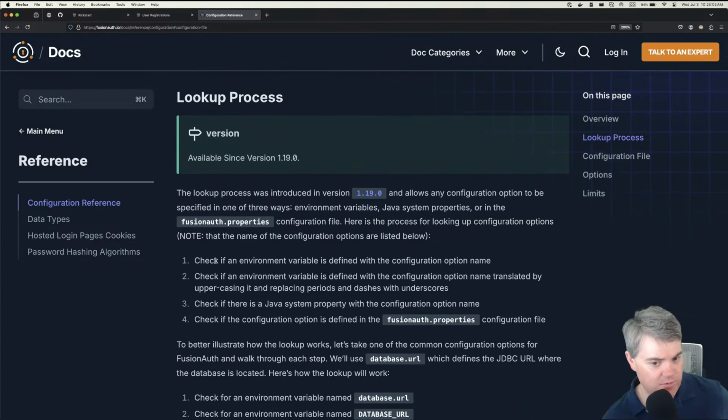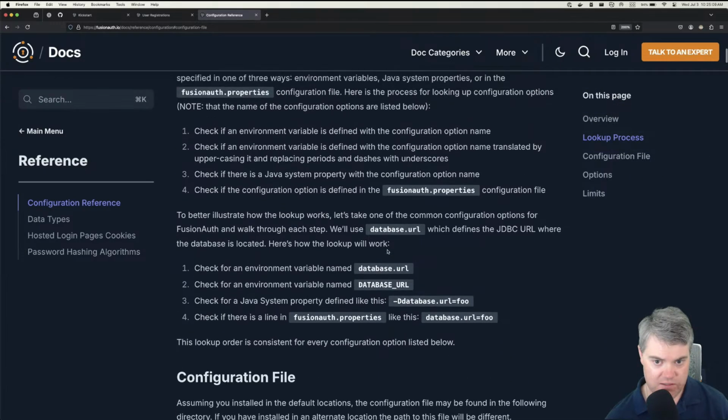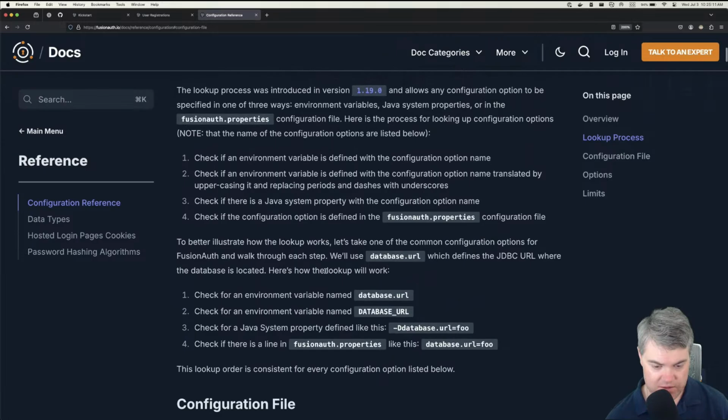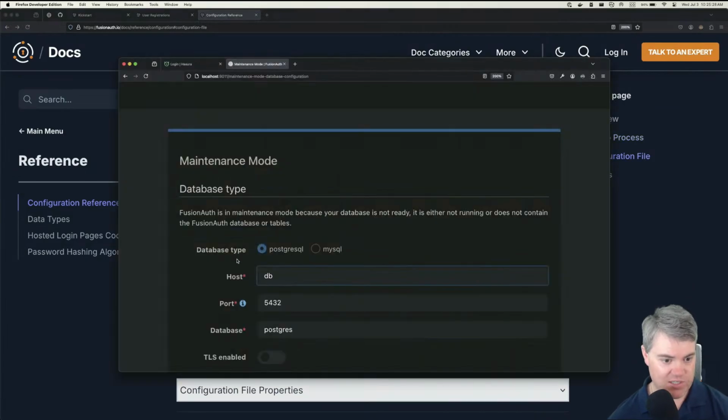Check if an environment variable is defined with the configuration option name. Okay, so check for an environment variable named like database.url. Check for environment variable named database underscore URL. There we go. That's what we want. Okay, so inside of here,